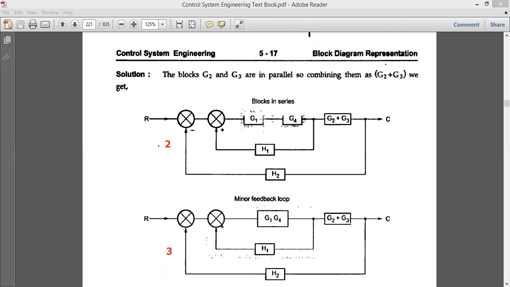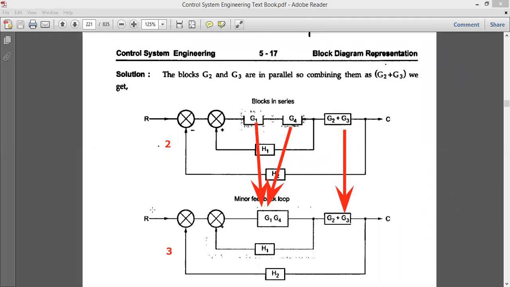Now check whether blocks are in series. Yes, I do have a series, that is G1 and G4. You can see here, go for the third diagram. The new change here is that G1 and G4 I have written in multiplication, not addition. Why? Because they are in series. So blocks in series are written as multiplication, and this block remains as it is. So there is no change in my diagram. Here from G3 and G4 I have written as 1. Then this remains the same, no change.